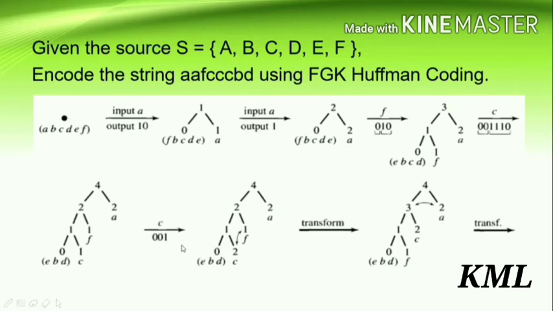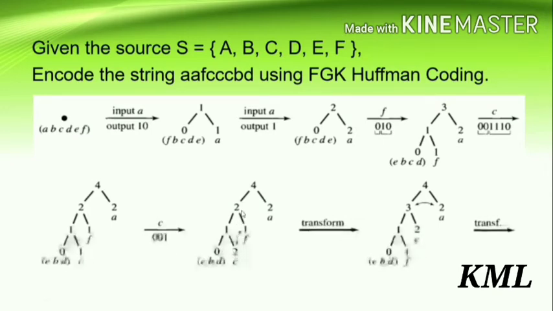Okay, so now you have to update the tree. So how do you update? First you have to increment the counter of that input letter. So you get a 2 here. So now you check the violation of the sibling property. So you move from this 4, then 2, to 1 1. So we have updated this C, so we have a 2 here.